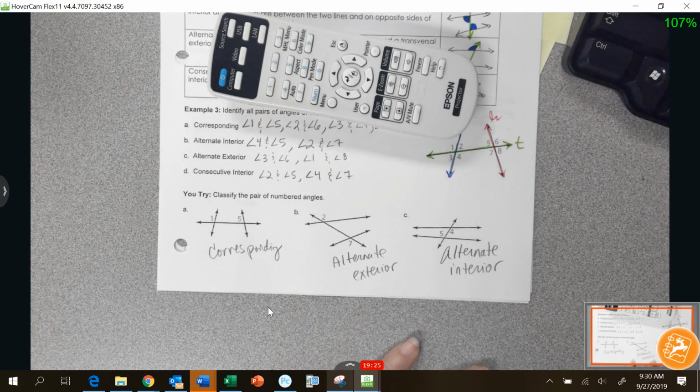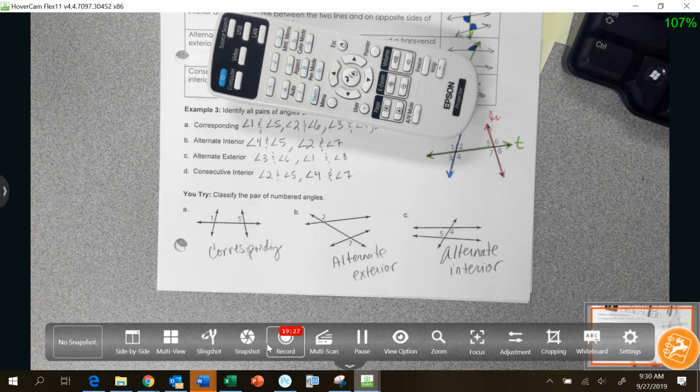Your assignment is a worksheet. And those of you that got that big